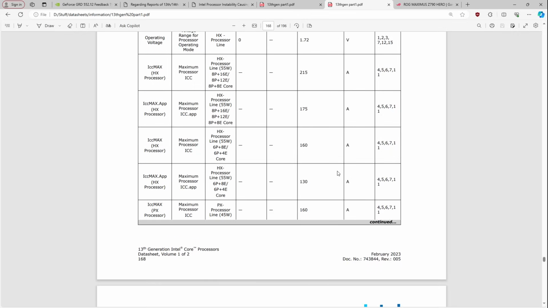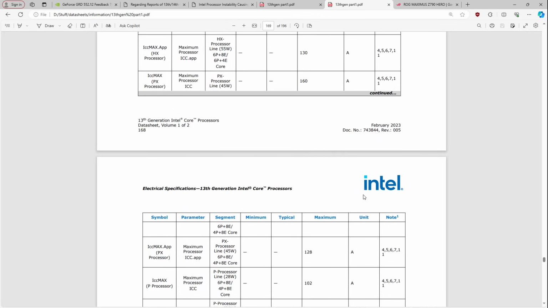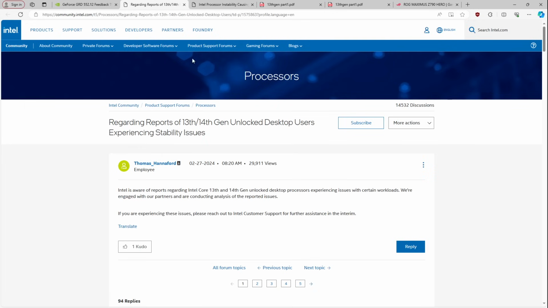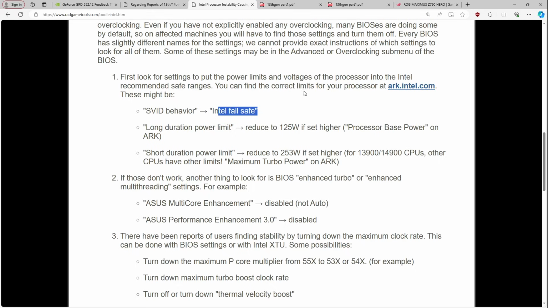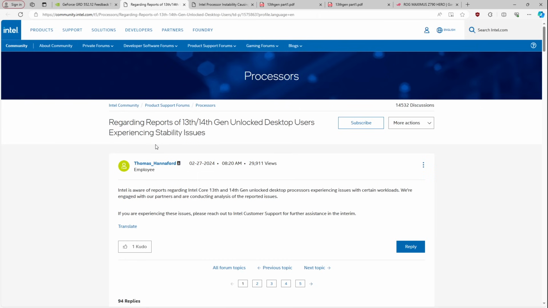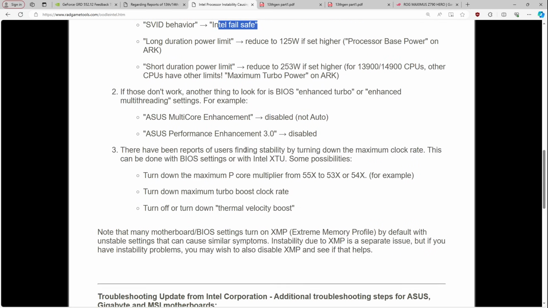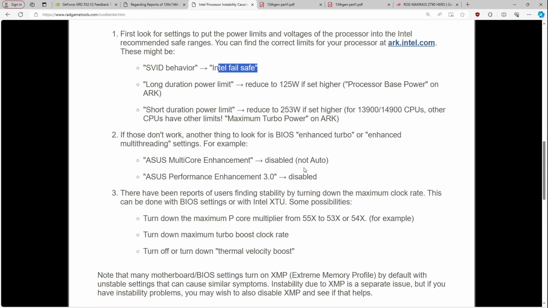Anyway, where was I going with this? Right, so we've covered that the stability problem is basically that the CPUs aren't getting enough voltage for the frequency they're trying to run at. There are a bunch of different ways to fix that. All of the fixes, like lowering the power limits or increasing the operating voltage,